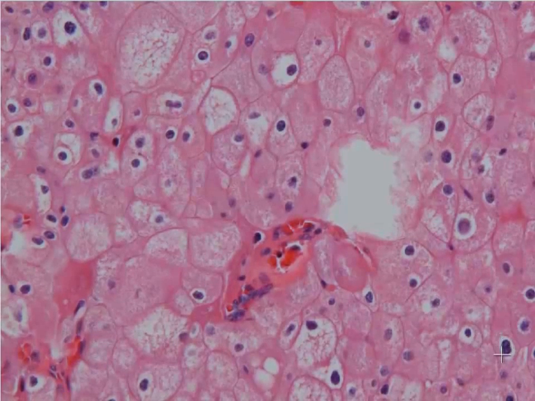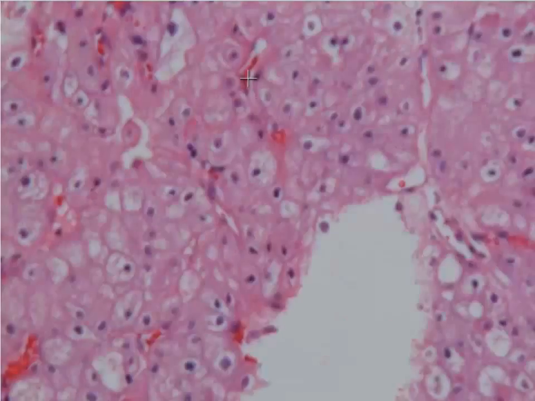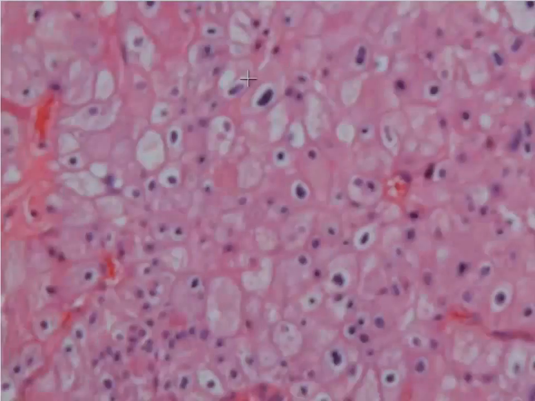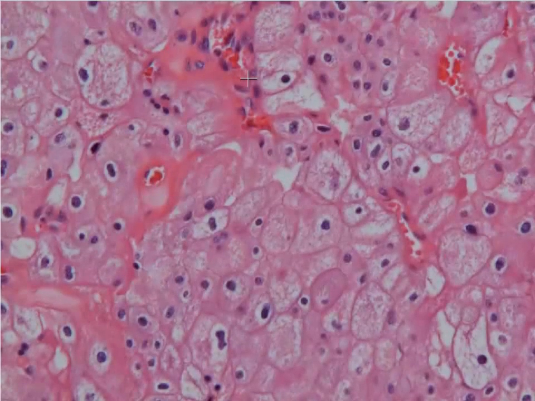Interestingly enough, too, you have binucleation seen here and here, and that's actually something that looks very similar to what we're going to talk about later when we talk about HPV infection in the cervix. These cells actually look remarkably similar to koilocytes that you will see in the cervix, which are a marker of